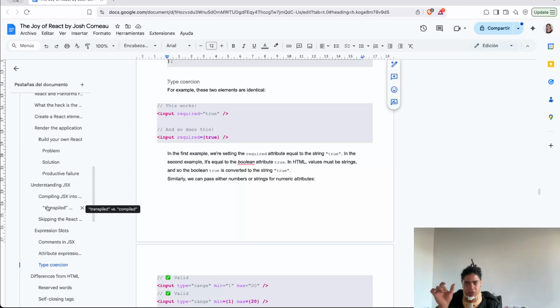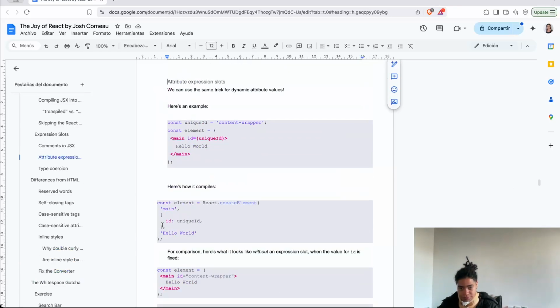Again, we're looking here at understanding JSX: what it is, where it comes from, what are the tools that allow us to use it, what is the value proposition of JSX, understanding it as a compiler and transpiler, what is an expression slot, what are the comments and the attributes, expressions, and how that is converted when you transpile it into this JavaScript object produced by React.createElement,